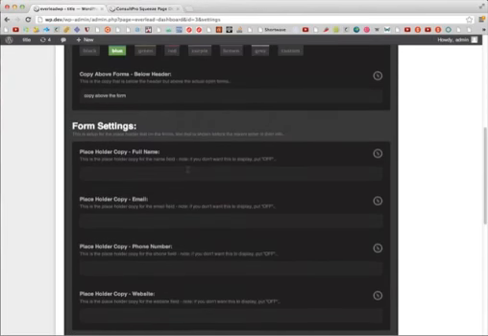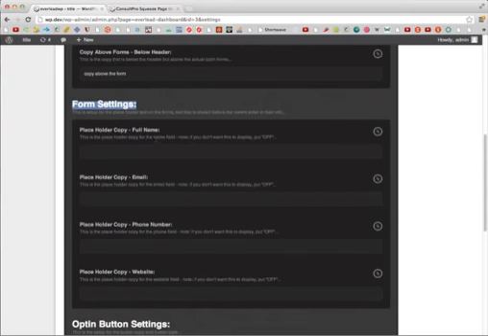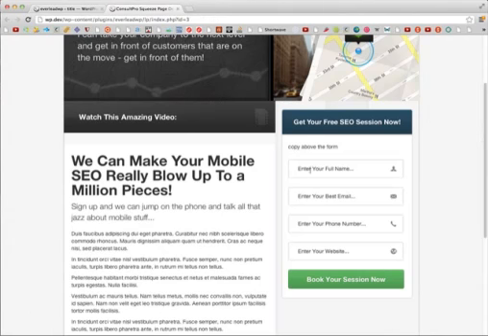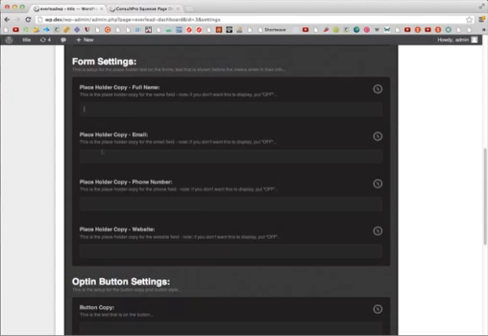Okay, so we have a few options here. So we have the form settings. Basically, we have the placeholder copy for the full name, email, phone number, website. As you can see here, it says enter your full name. You can put in the copy of what this would be. So your full name here,